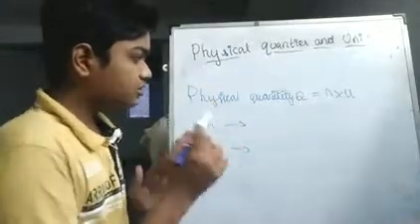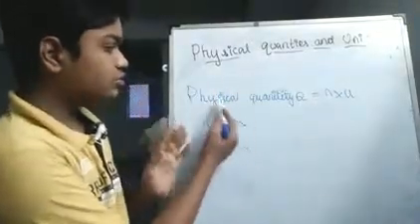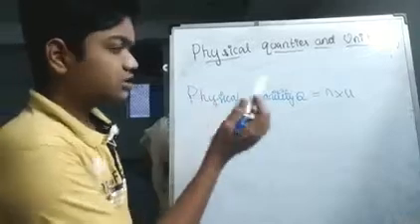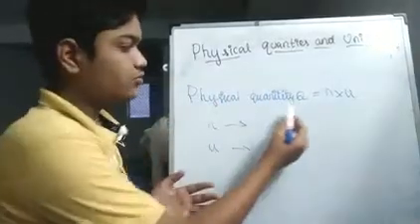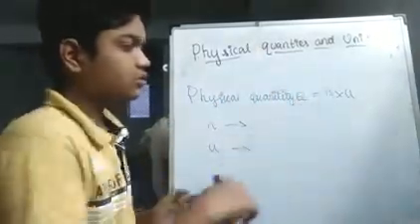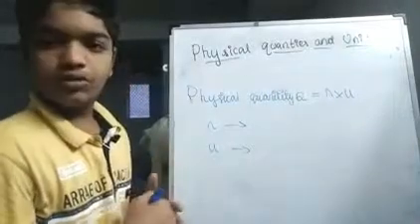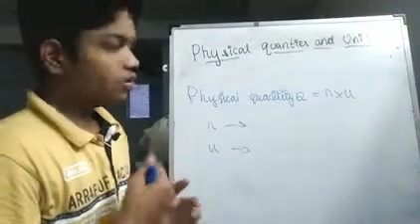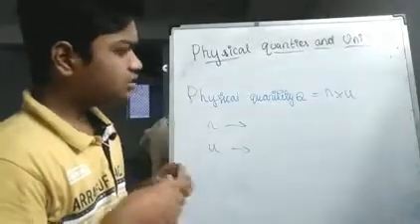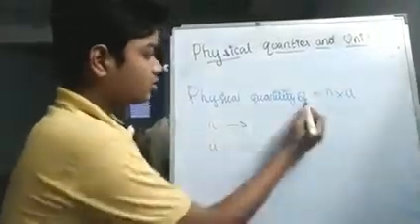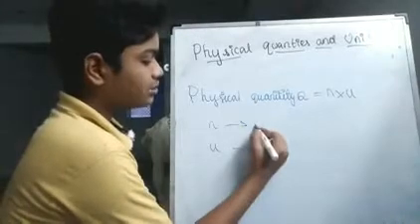Now we are going to see what Q is. What is the formula of Q? The physical quantity, which we take as Q, is equal to N times U, N into U. Now what is the N here? Q is the physical quantity and N is a magnitude